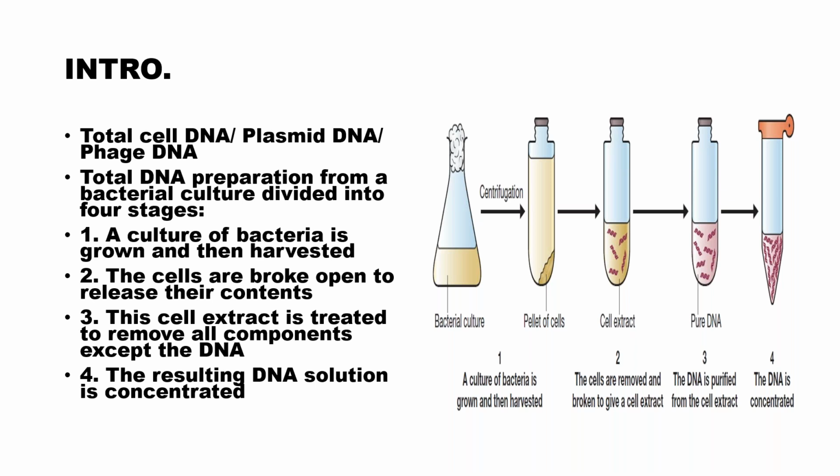The first step is growing the bacterial culture and harvesting. Then pelleting of cells by means of centrifugation. And then lysis of cells in order to get the cell extract, followed by purification of DNA, that is, removal of contaminants from the cell extract. The cell extract may consist of DNA, in addition to RNA and proteins. So here the contaminants are nothing but proteins and RNA. So we have to remove proteins and RNA, and we have to get the chromosomal DNA intact.